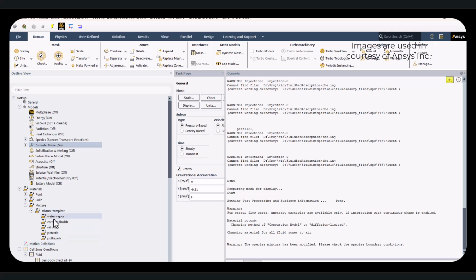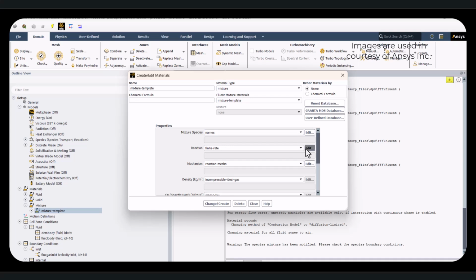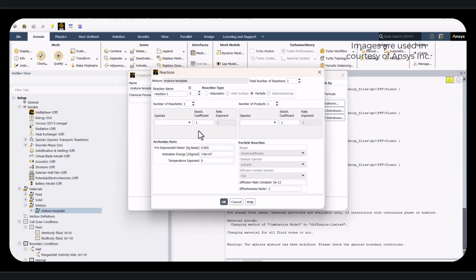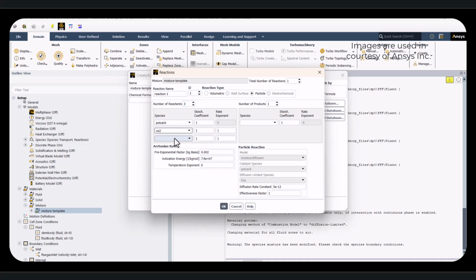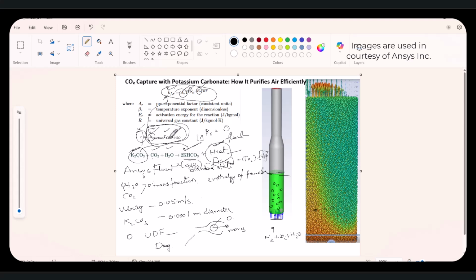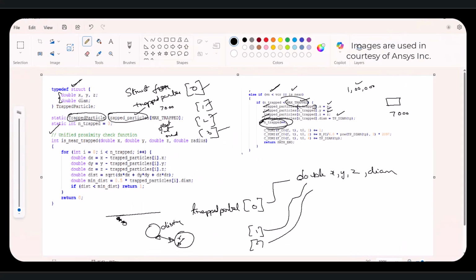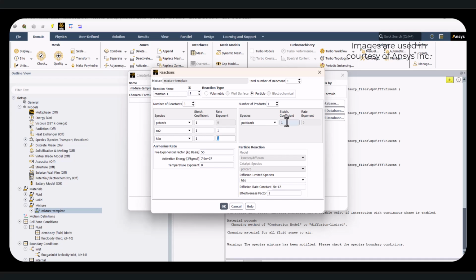Then I'll go to the mixture template, and in the finite rate reactions, I'll be giving the particle surface reaction. The particle surface reaction, potassium carbonate. So there will be three reactants reacting with CO2 and H2O to form potassium bicarbonate. I'll take the pre-exponential factor as 55, right? And as I stated, the rate exponents are 1. If it is 2, then these would have a power of 2. As it is a 1, we are leaving it as the default values. And potassium bicarbonate stoichiometric quotient is 2. Then I'll click on OK,